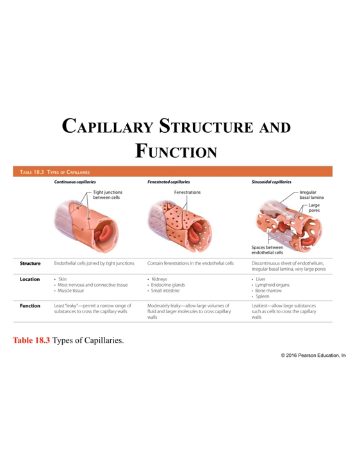So continuous capillaries are the most common that we have. Pretty much if it's not listed as one of the other types, which are fenestrated or sinusoidal, assume that it's going to be continuous. These endothelial cells have tight junctions, so it's hard for things to pass between cells. We have this in the skin. That's part of what makes skin a protective barrier.